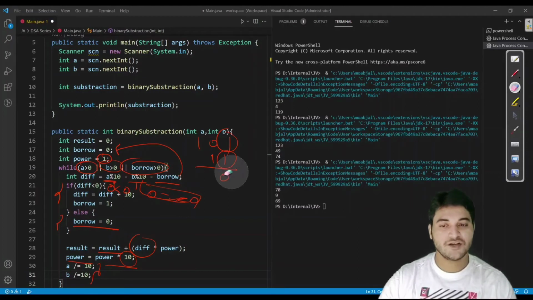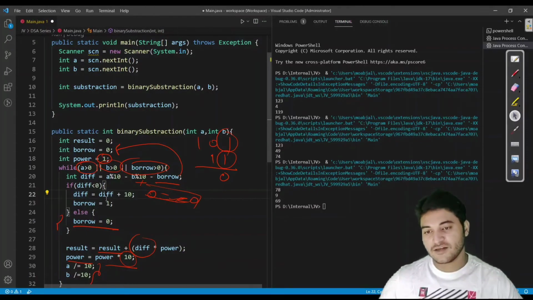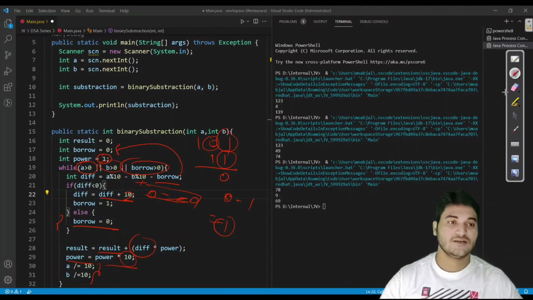But the change which we have to do here is, if you see this condition here, what we are doing, we are adding 10 into the difference. If we got our result in negative, let us say we got here 0 and here we got 0 minus 1, which is 0 minus 1 is minus 1. So we got our result in negative, then we have to add 10 here in the case of decimal, but in the case of binary we have to add 2 here. So that is the only change which we have to do while writing the code for binary subtraction, and we are done.